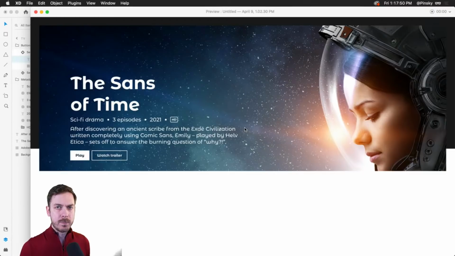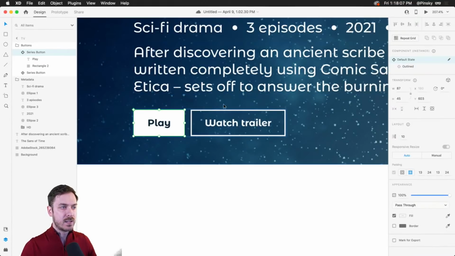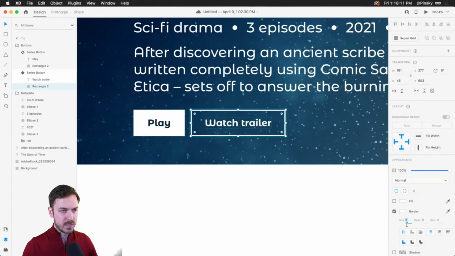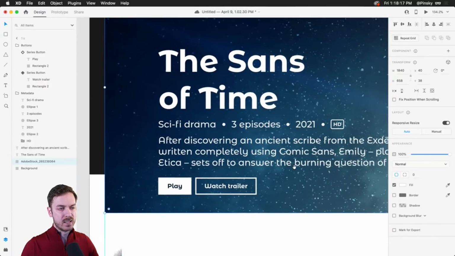We have this image in the background, and some of it is dark, especially at the top, but some of it down here is a little bit too light. So we have the text over top of it. For the most part, we can read it, but there are some areas that we cannot read. Before I get to that, I just want to bump up the size of this border just a little bit. All right, so we want to make sure that over here, it's a little bit darker.